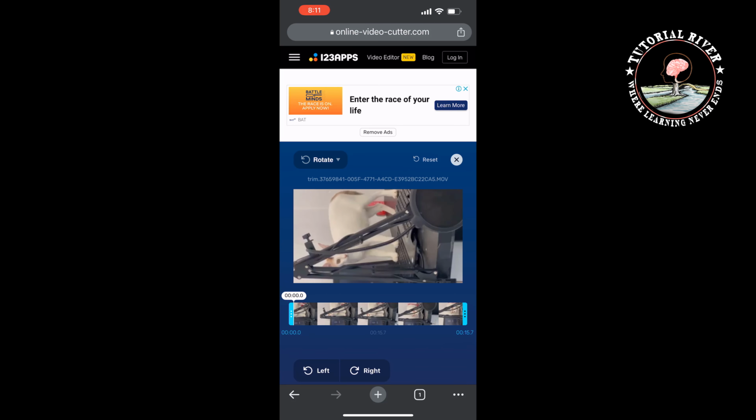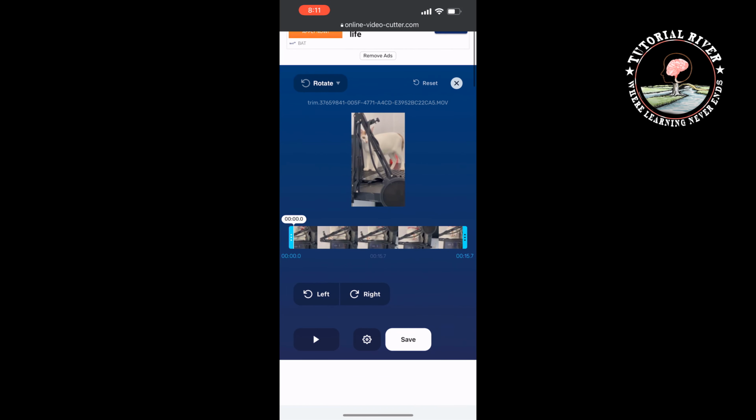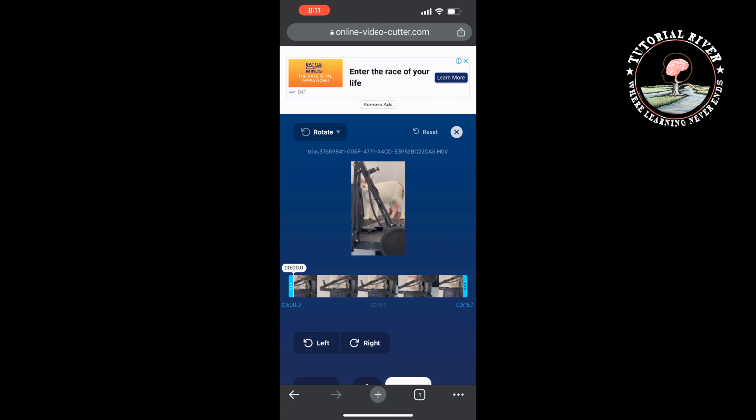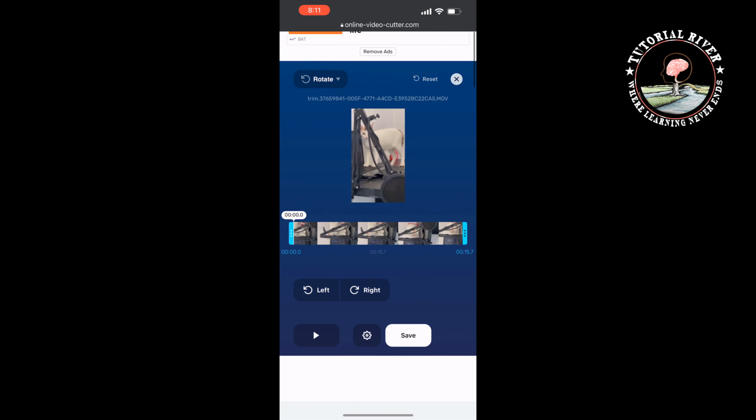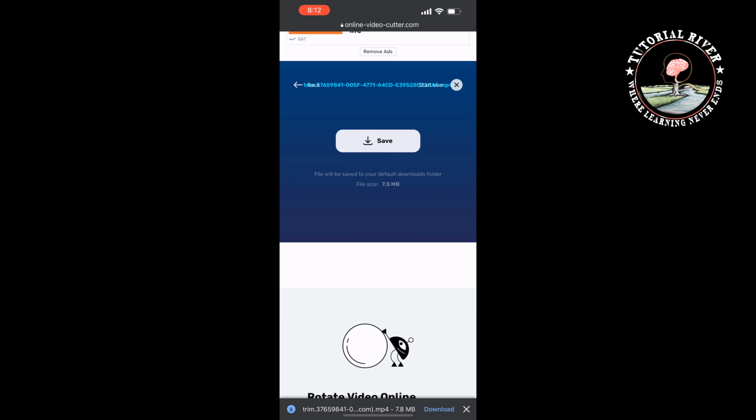Once it's uploaded, tap on this right option or left option to make the video vertical, and now tap on save. And here we can see the video is vertical now. Tap on save, tap on save, tap on download,